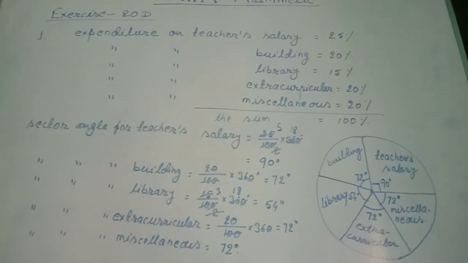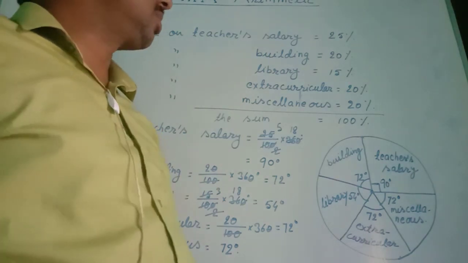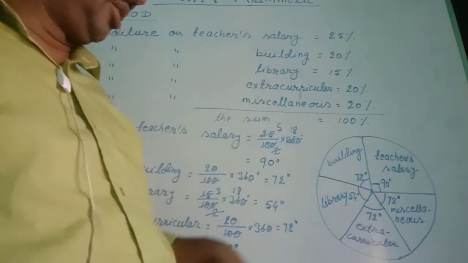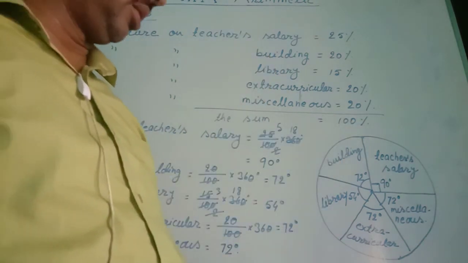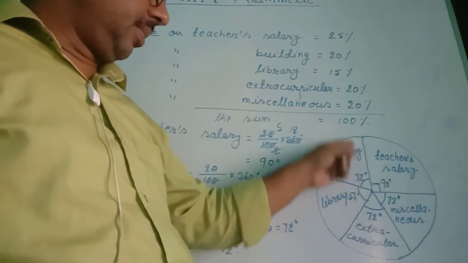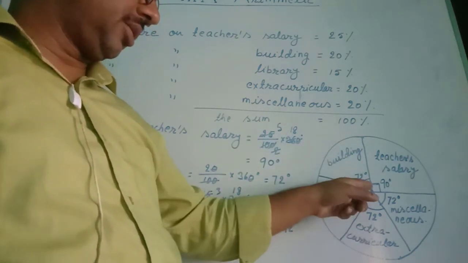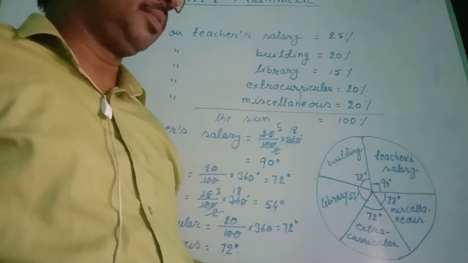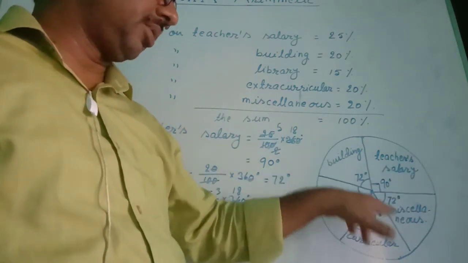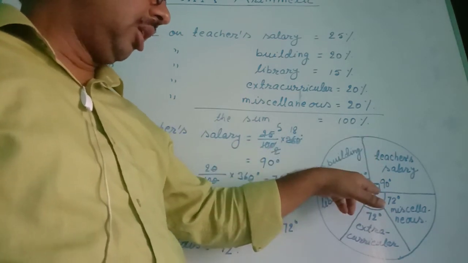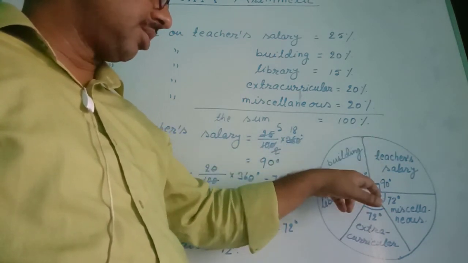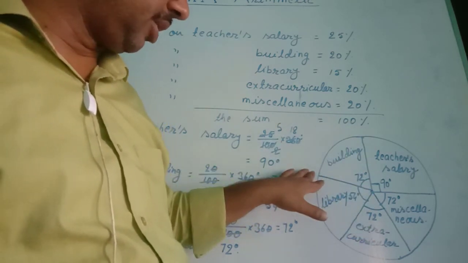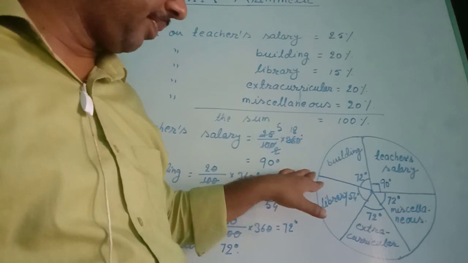One thing I want to say again: as we change the item of expenditure, we change the baseline to draw the line joining the center. The first that I have considered, this is the baseline. This is our consideration, not given anywhere. From here I measured 90 degrees and it came here. For the second, we will use this base, and keep the middle point of the protractor here, and we will see where 72 degrees is. It will come this side, 72 degrees.